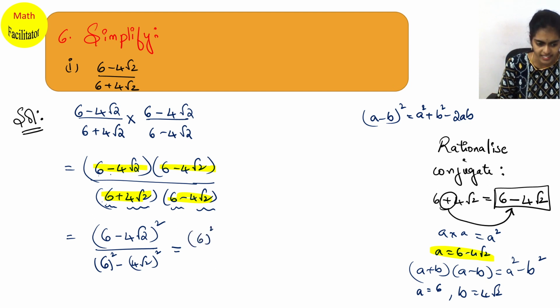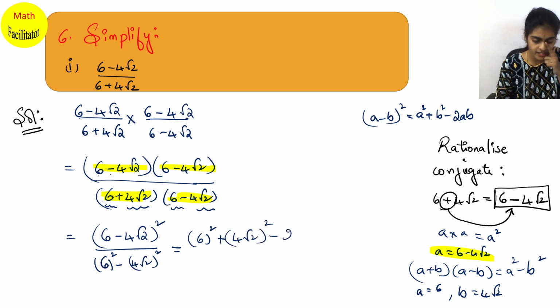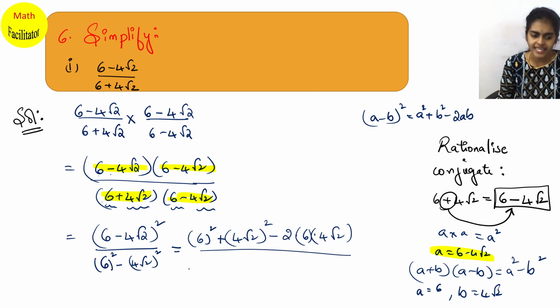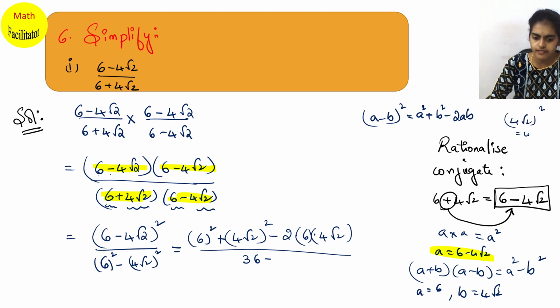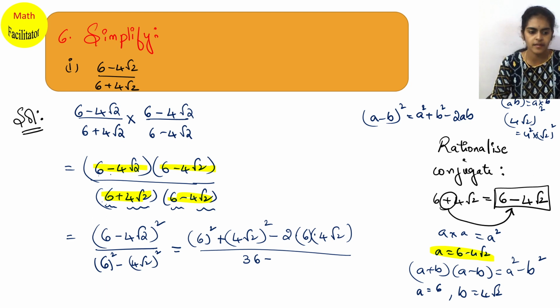So can I write this as a square? Here a is 6, b is 4 root 2. So a square plus b square minus 2ab. Okay, so 2 into a into b, divided by 6 square is 36 minus 4 root 2 whole square. 4 root 2 whole square, can I write it as 4 square into root 2 whole square? Isn't it? ab whole square, I can write it as a square into b square. So here also 4 root 2 whole square, I am able to write it as 4 square into